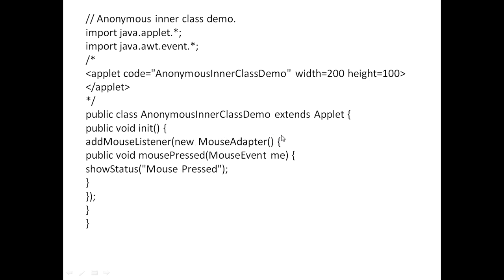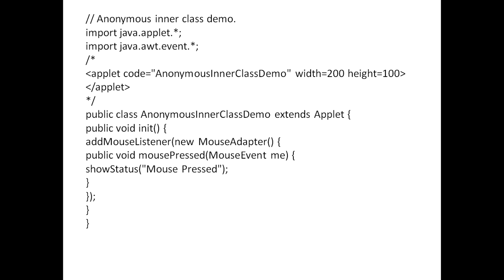We have not given a name to the inner class directly. It's a curly brace. Override the method, then complete that with this syntax. Now if you see, we have not given the name MyMouseAdapter which we had given in the previous example. So this is the example of an anonymous inner class.